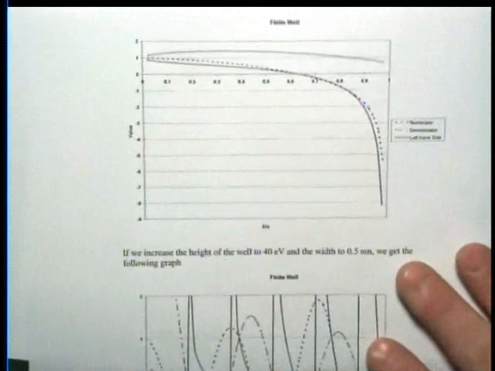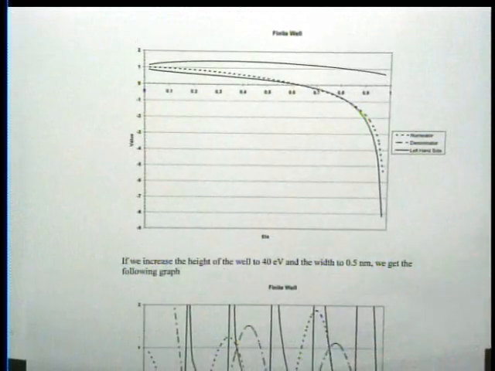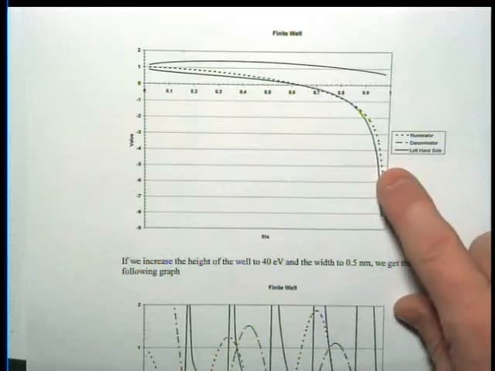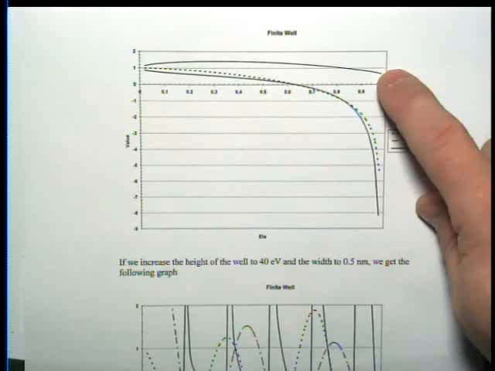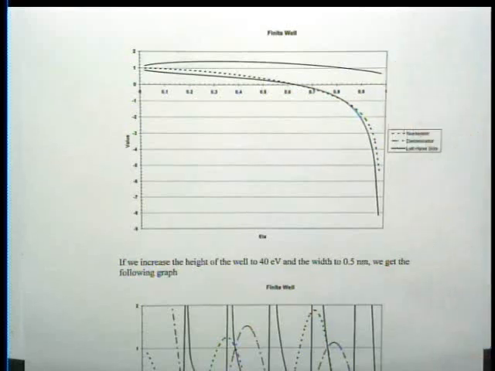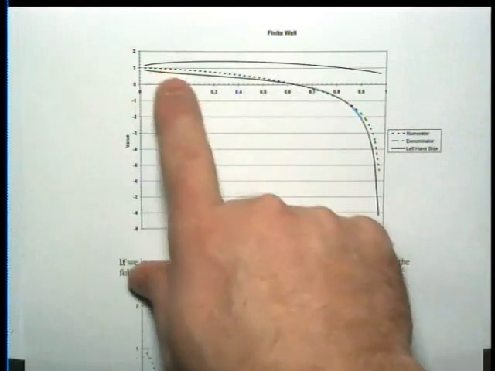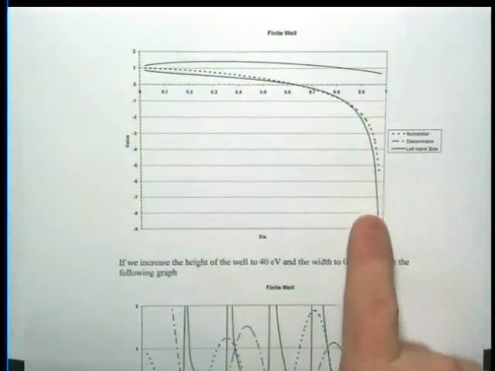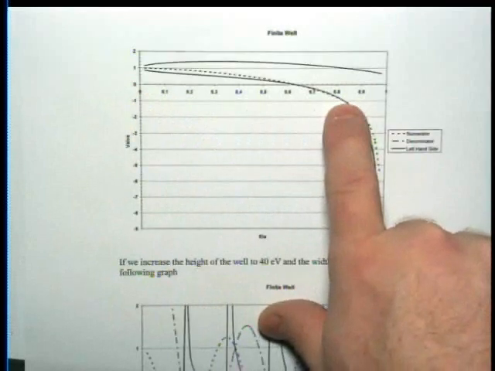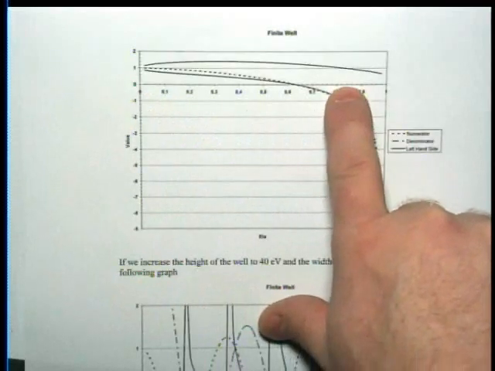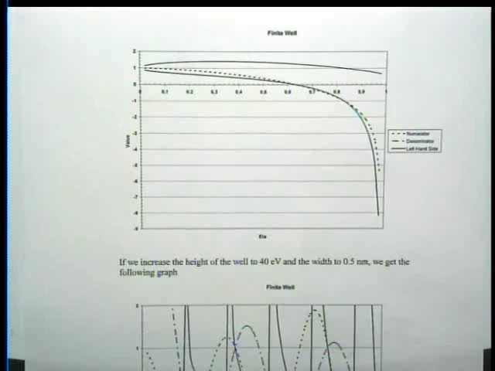I plotted the numerator, which is this dashed line, the denominator, which is the top line, and then the ratio of that, which is my left-hand side, this curve here. Wherever that curve passes -1, which is right about there,